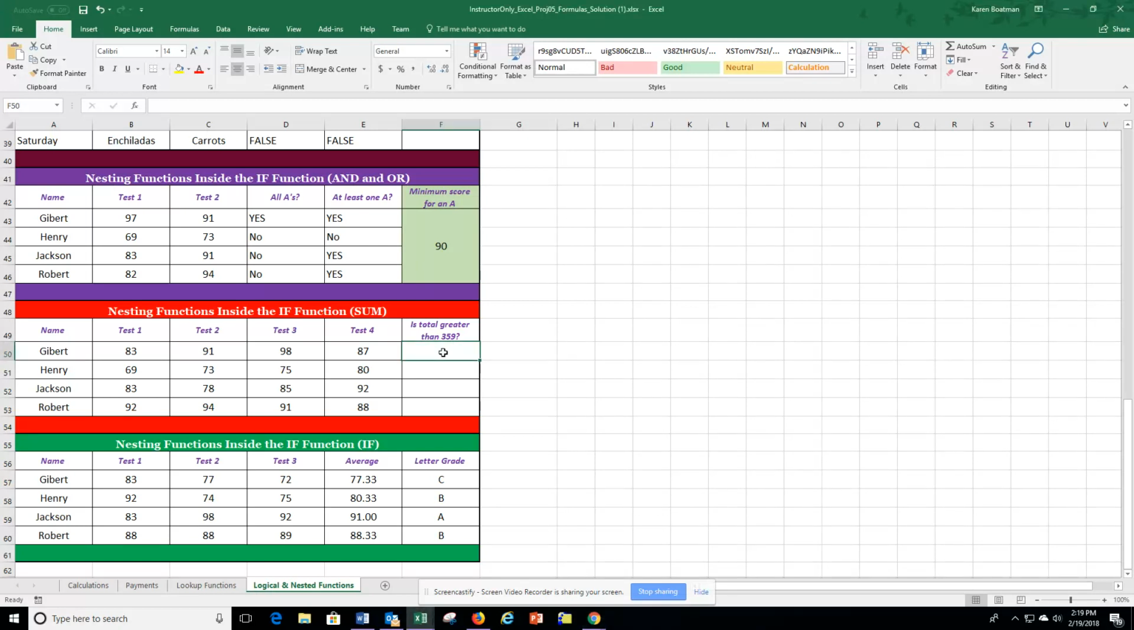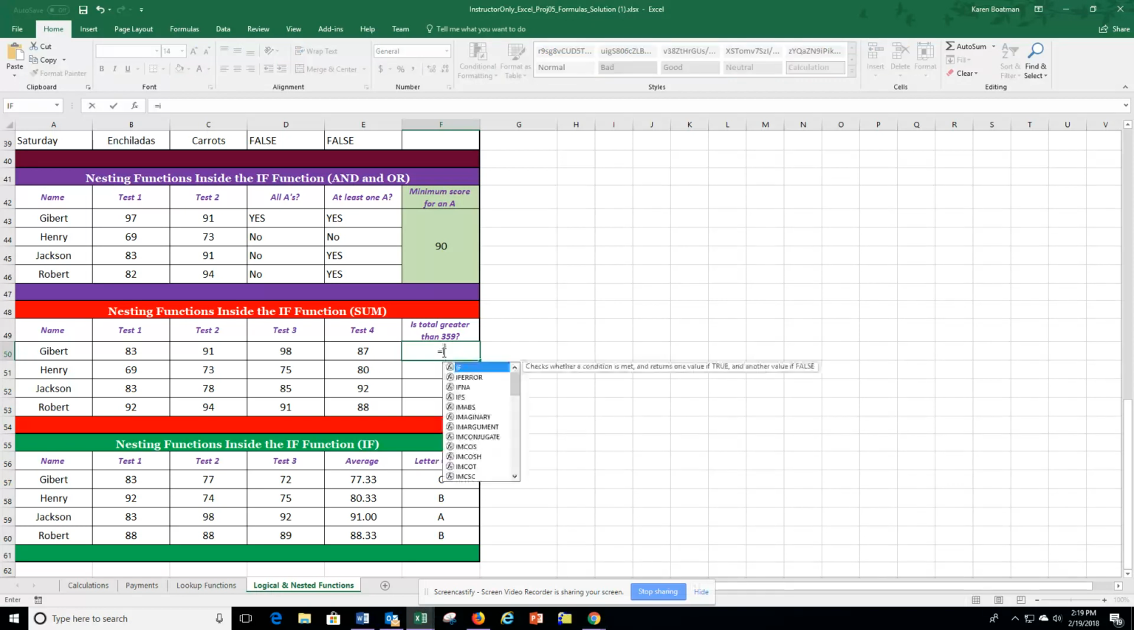And so real simple, we're going to start out with an equals and an if, and we open that up, and our logic test is going to be that sum function. So we write in sum, open up our tab, and we simply tell it what to sum. I like to just drag my mouse across those calculations that I want it to sum